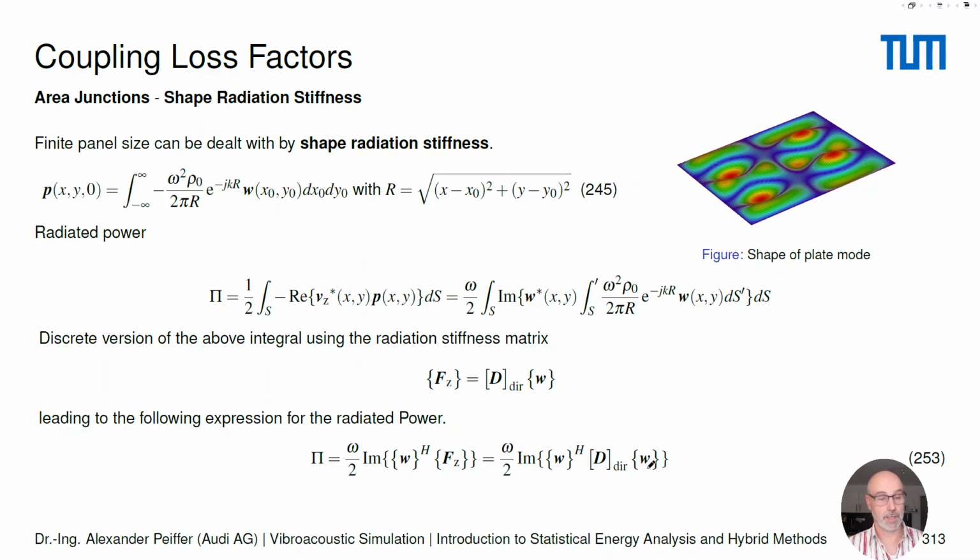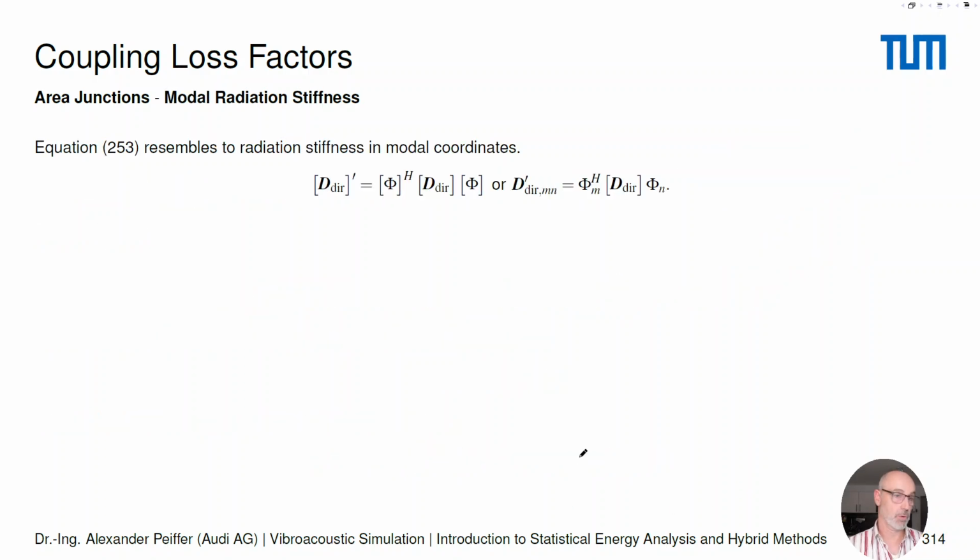So it's the shape multiplied by the radiation stiffness, and then again multiplied by the complex radiation stiffness, giving you the radiated power of a specific shape. Good. But what are we using this for? This is exactly the same situation as the so-called radiation stiffness in modal